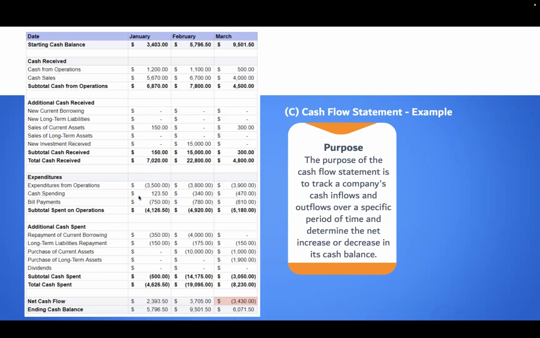Then you have some expenses, right? You have some bill payments, some cash spending, and